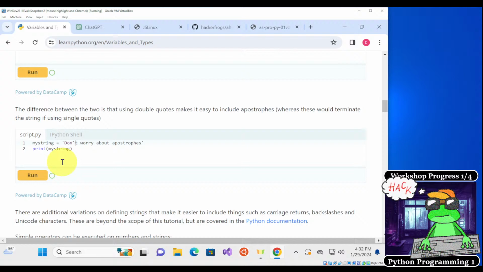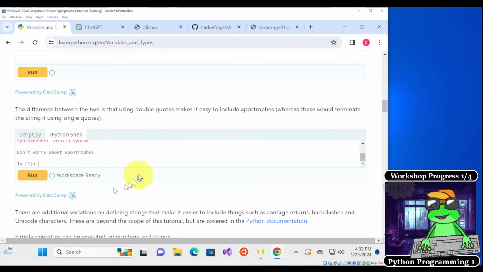That's because Python interprets this second single quote as closing out the quotes over here, and then the rest of this, it doesn't know what to do with it. So if we put this in double quotes, then we can print this out with the apostrophe over here.